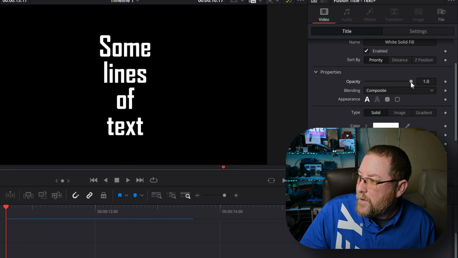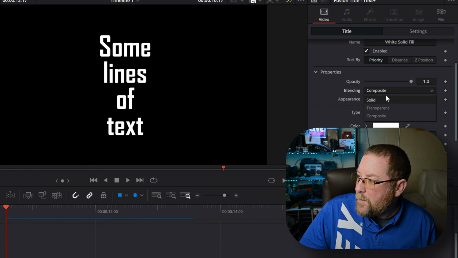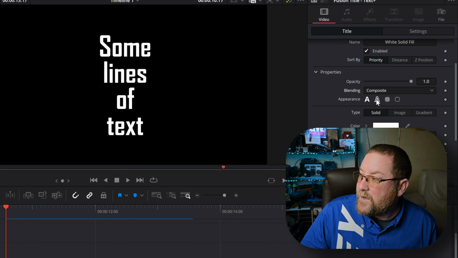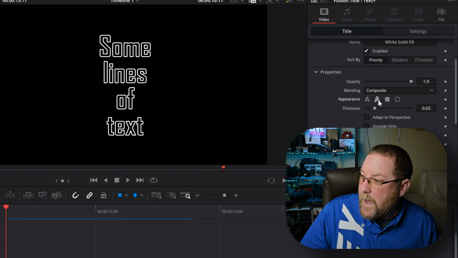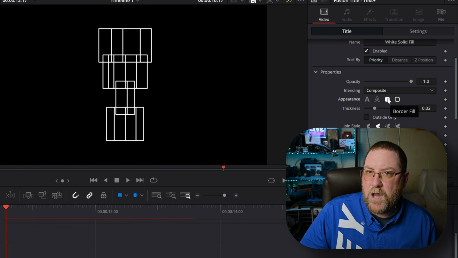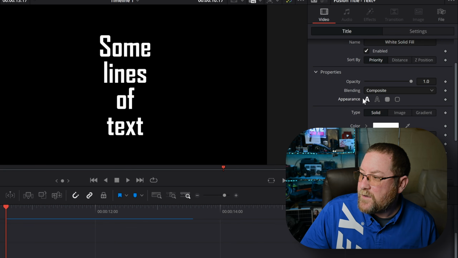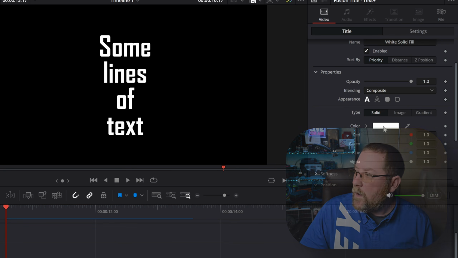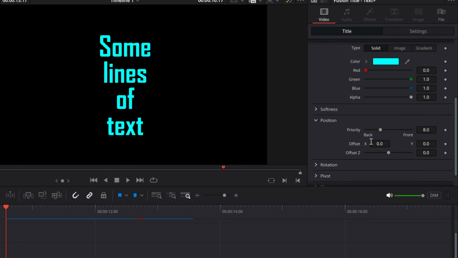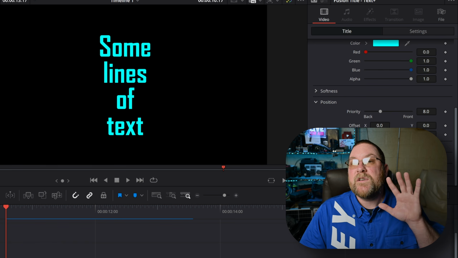We have the opacity, so you can make it more or less translucent. And then we have our blending, which is composite, solid, or transparent. I just leave it on composite. The appearance is fun because with different shading elements, you have solid, outline. You see how that changes, blocks, and then outline lines. I don't know what to call that one. That's a border thing. But by default, the appearance is on solid, which is great for the white solid fill. We can change our color here. We can go with a light blue, and then you can adjust the colors from there. And you've got softness and position and all these other settings, which you have for each of these shading elements,